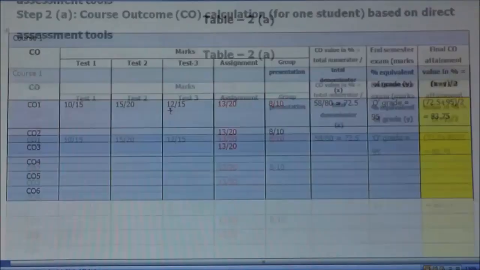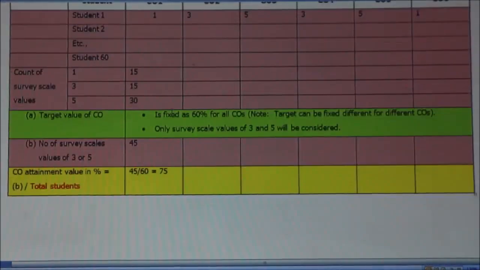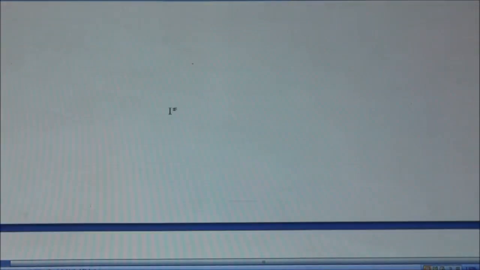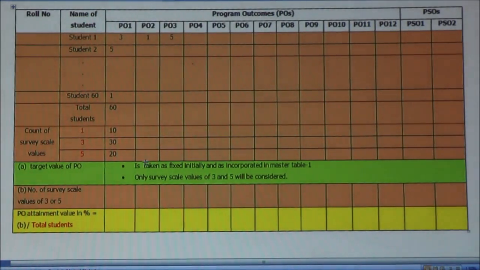And we will come back to this particular table, and you can see that it will be 75%. Only survey scale values of 3 and 5 will be considered. Survey scale values 3 and 5 put together will be 30 plus 20, which will be 50. And therefore the attainment will be